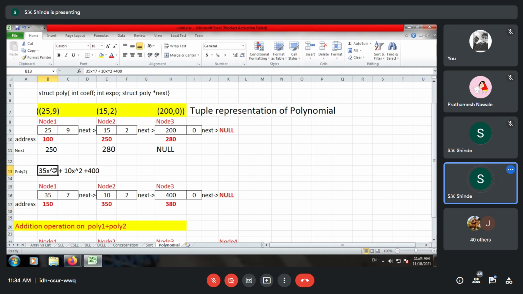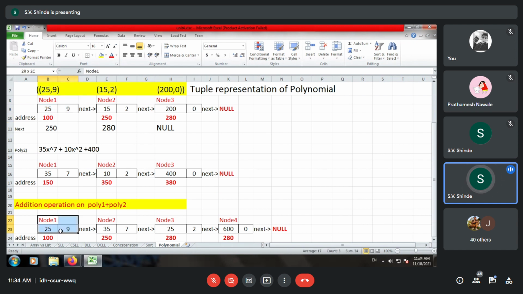Now over here x raised to 7 is not matching in linked list 1, or we can say polynomial 1. Also x raised to 9 is nowhere. So first, the maximum element will be added to the output. So x raised to 9 will be the first element over here. Second, x raised to 7 will be added to the output.